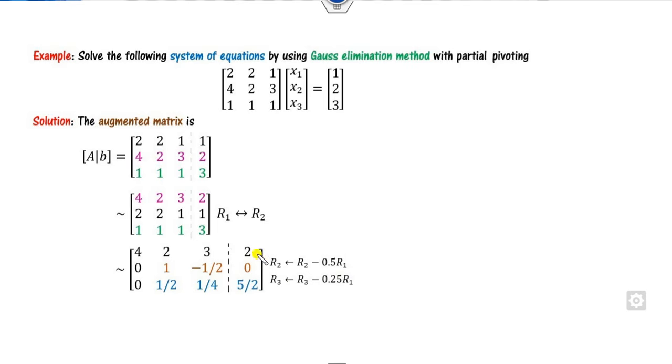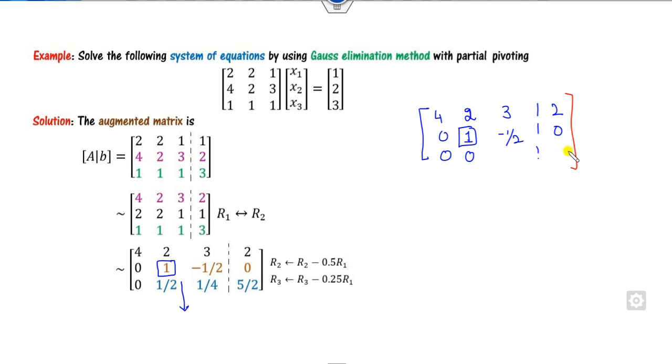Now once you complete this, then again apply the partial pivoting method. So apply this box element. Always look below the diagonal entries, not above. Look at the below diagonal entries. The largest element is still itself, 1. So we can make this value. First row I can preserve, 2, 3, 2. Second row I can preserve because my diagonal entry is half or 1. This value 0, this value 0. Now we need to compute only these two values.